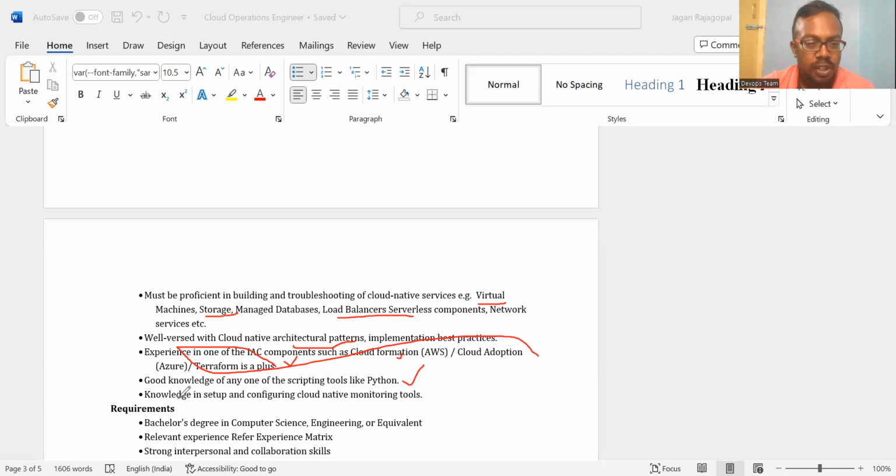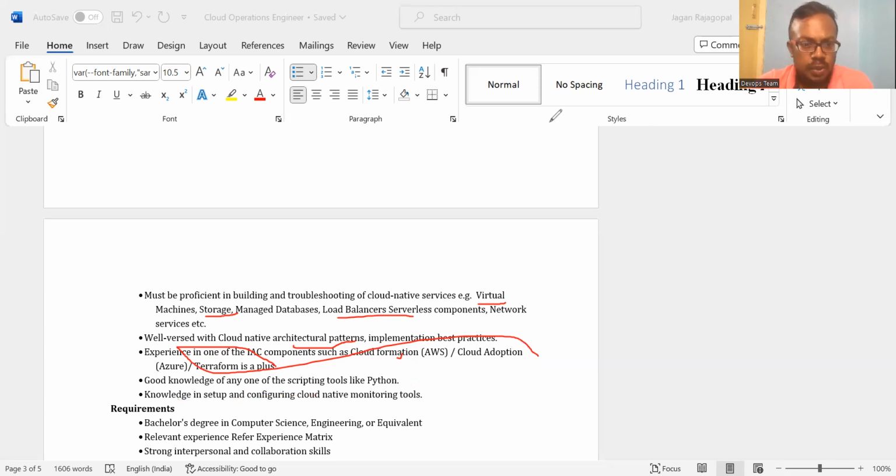Then there are monitoring tools. Any infrastructure has to be monitored 24 by 7, so we use a third party or the existing monitoring service, and you should know how to integrate it.